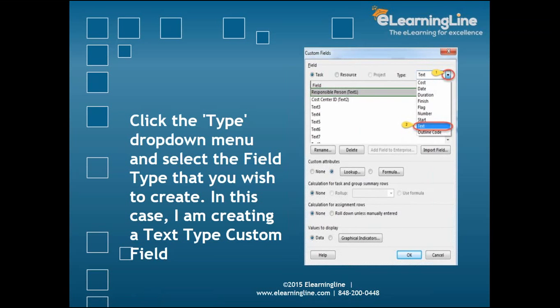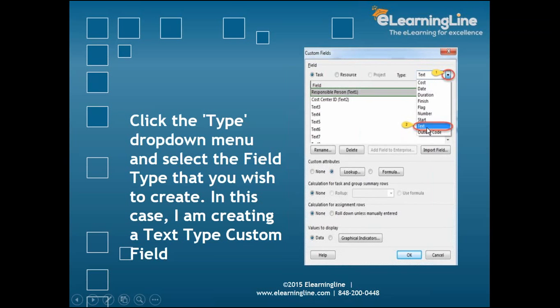ID, you want, you see that cost center ID. There are certain cases when you have a project where you have billing at multiple cost centers, so you can have a custom code like that. Here I just want to have the type that you wish to create. In this case I'm creating the text type custom field. So I want text, I don't want ID, flag or date type of a field. Or you can have a cost. So you can create a custom field called fixed cost also, just for your reporting purpose. So you have a text.